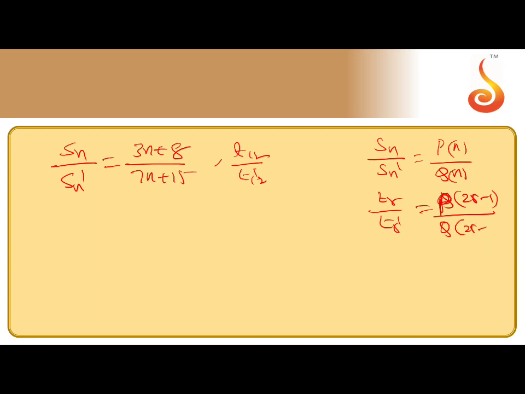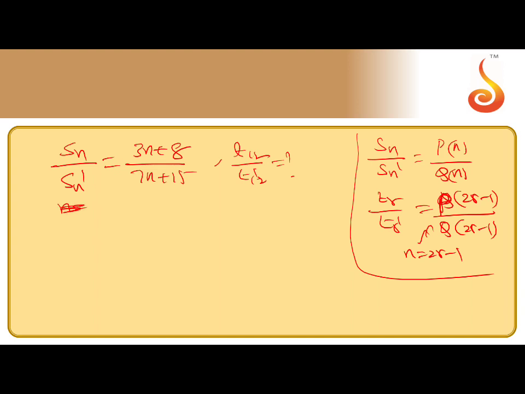This will be 2r minus 1. Substitute n equal to 2r minus 1 to get the ratio of the rth term. We want to find the ratio of the rth term, where r is 12 in this question. So put n equal to 2r minus 1 on the right side, and we will get the ratio of the rth terms.